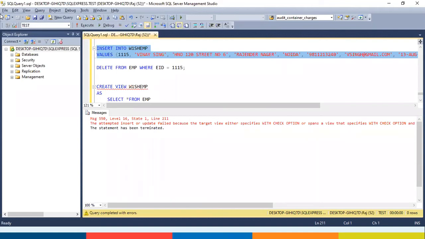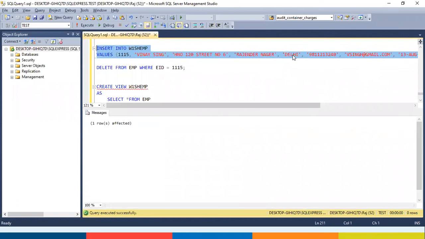Why? Because I have used the with check option. Now it will only allow me to insert the details of a Delhi employee. So if I make it Delhi, and let's try to insert it now, the record has been inserted.